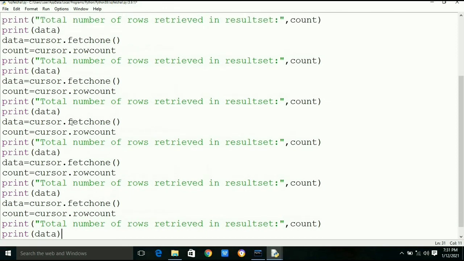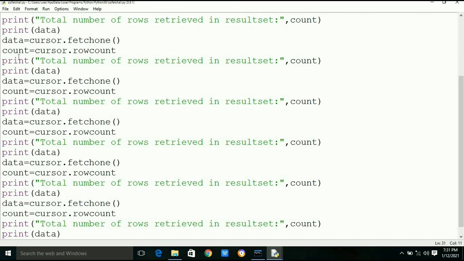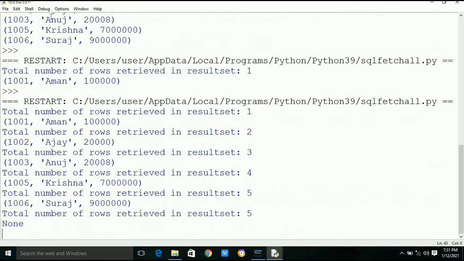In the second it is 2, in the third it is 3, in the fourth it is 4, and in the fifth it is 5. After extracting 5 records, there are no records at all. If you try to extract records now, it will give None. Till now we have retrieved 5 records, so the count will remain 5.